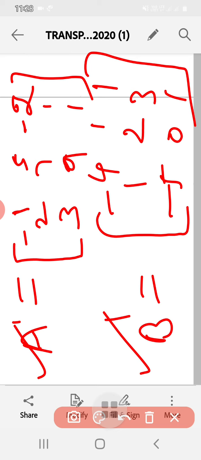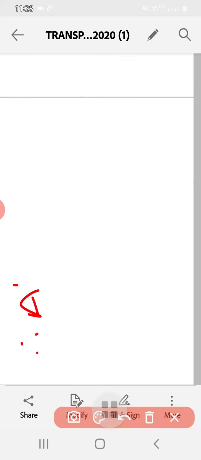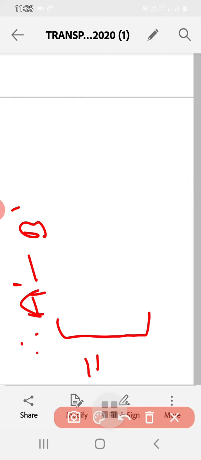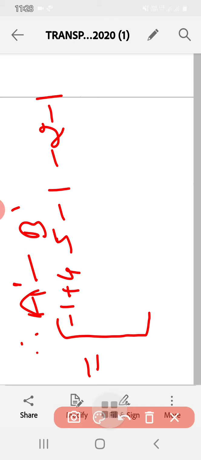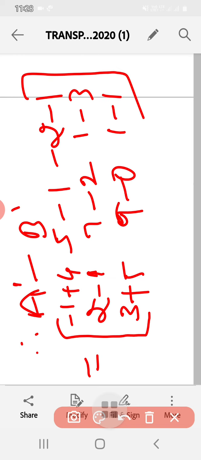Okay, A dash minus B dash. I will consider the subtraction in the next step. So A dash minus B dash, you have to write it continuously. That is minus 1 plus 4, 5 minus 1, minus 2 minus 1, 2 minus 1, 7 minus 2, 1 minus 3, 3 plus 5, 9 minus 0, 1 minus 1. These are the corresponding elements here.